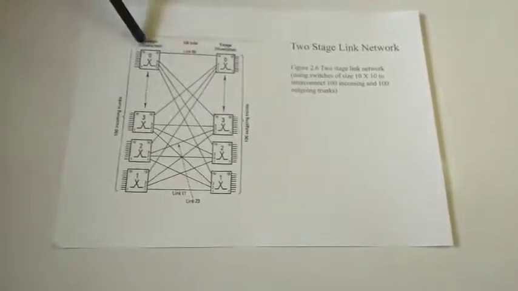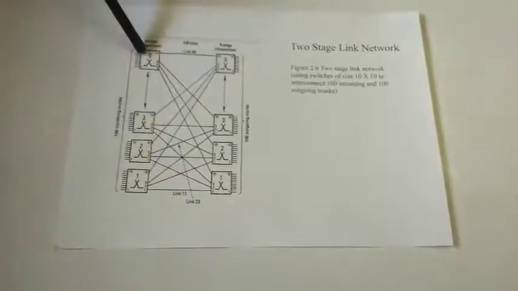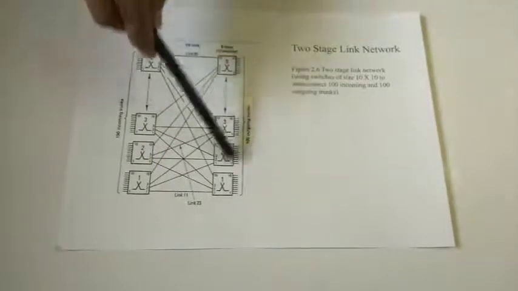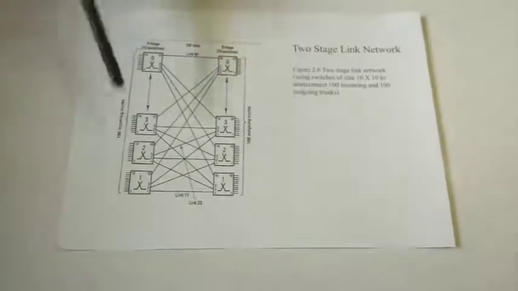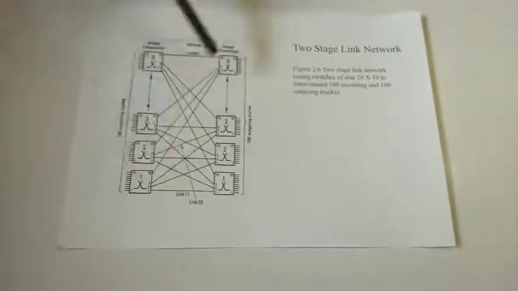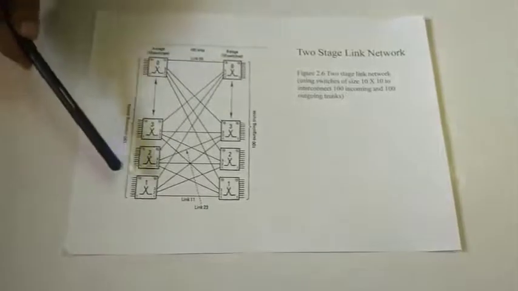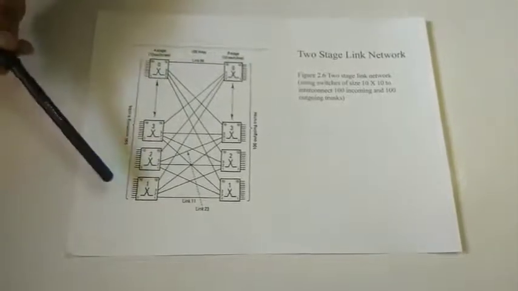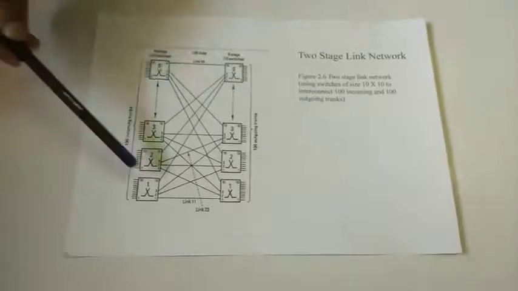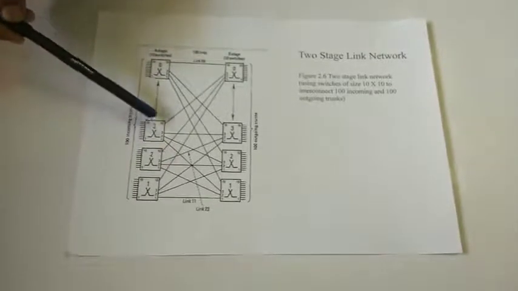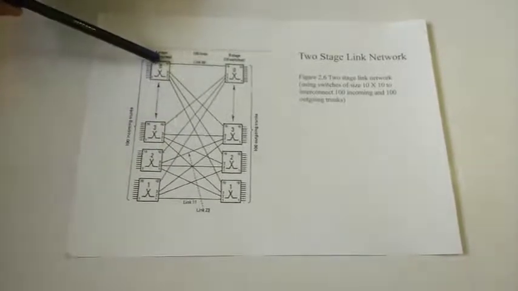I need a minimum of 10 switches on the primary side and a minimum of another 10 switches on the secondary side. How to connect from one switch to another switch is shown in the diagram. Earlier we saw that the crossbar switching system numbers from 1 to 0, that means 1, 2, 3, 4, 5, 6, 7, 8, 9, 10 is replaced with 0.